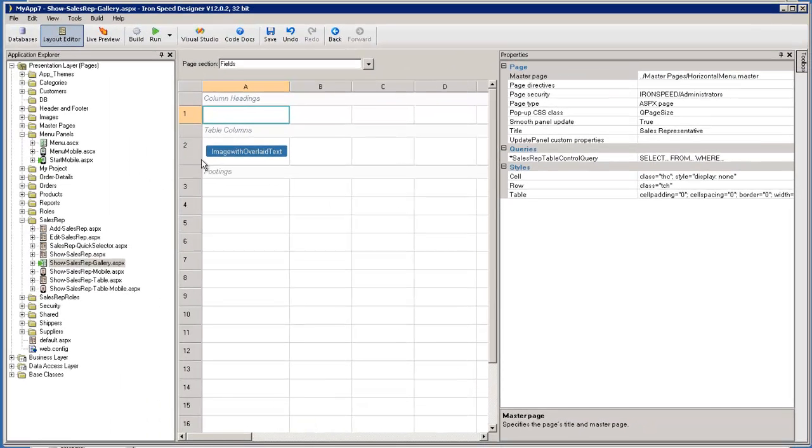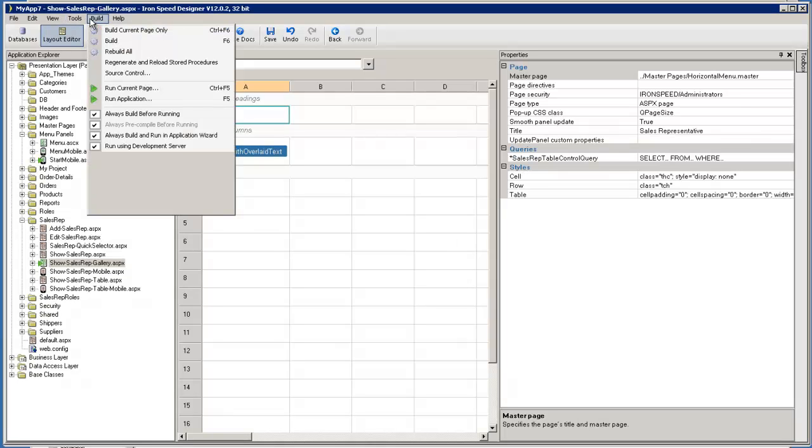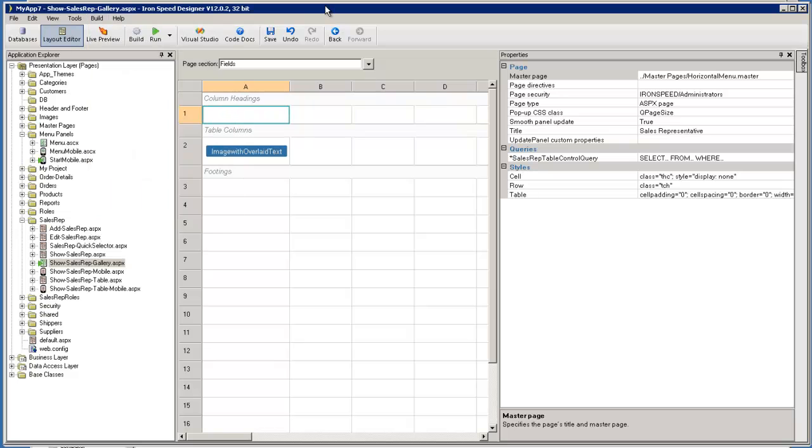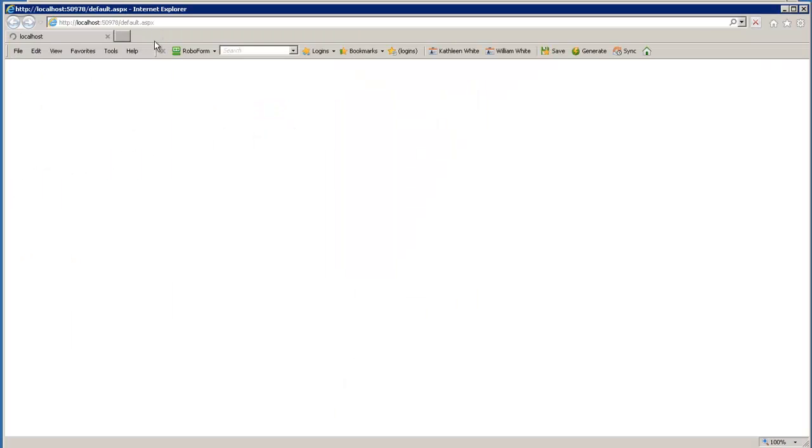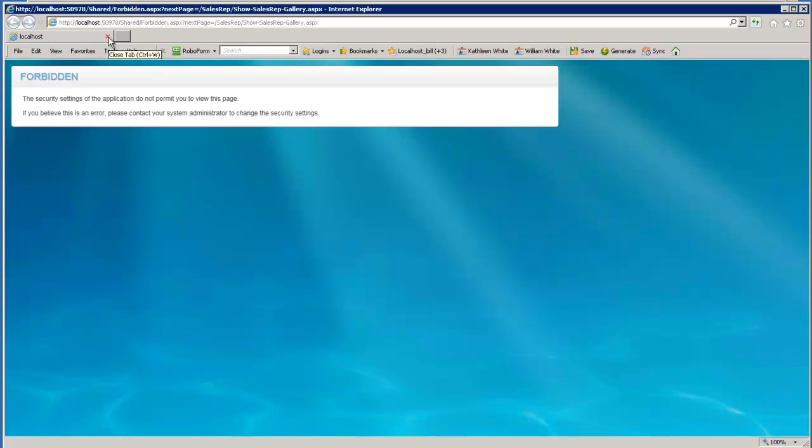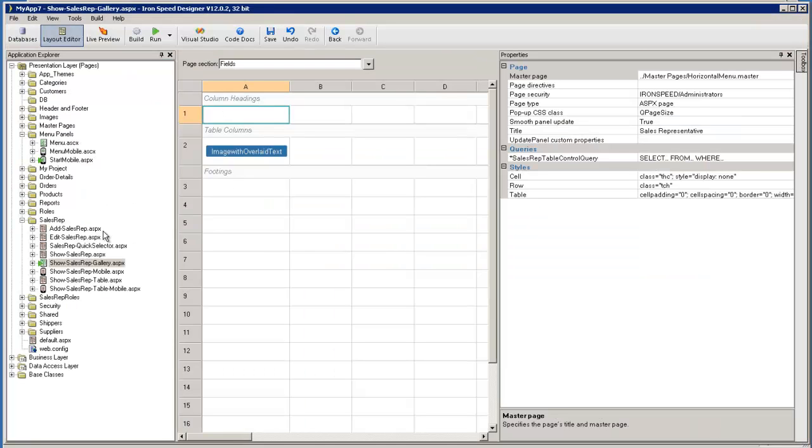And now that our selections have been completed and security assigned, let's look at our build menu, see that we're running using our development server to start on this application. Let's run the application. I know what happened here. It's not even letting us log in to the landing page, and the reason for that is that